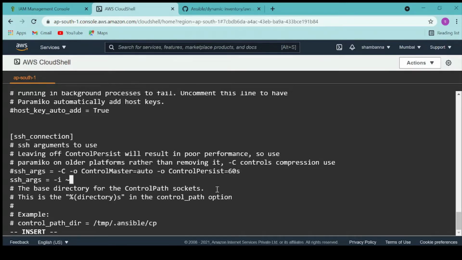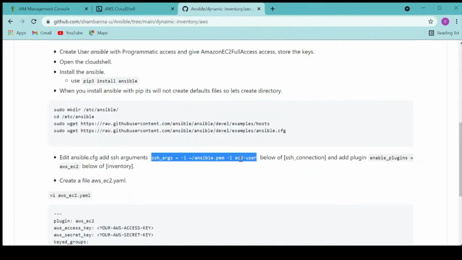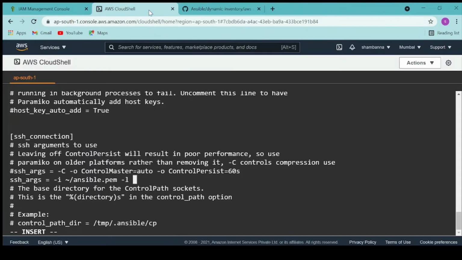I have saved it in my home directory, our PEM file, and I will also specify which login user. So the login user is ec2-user. If we created a different user or different file, we can change this here.